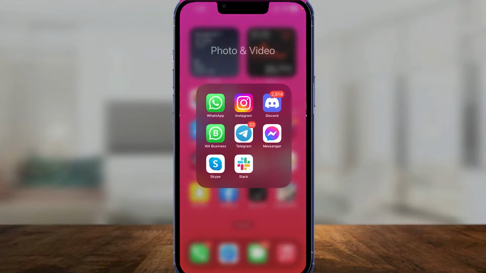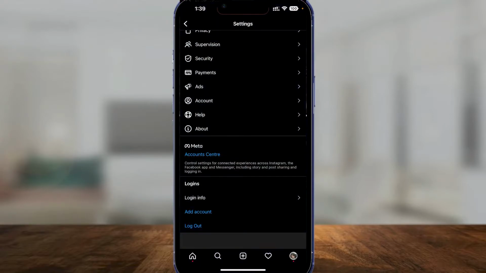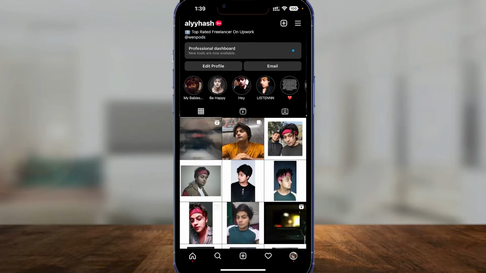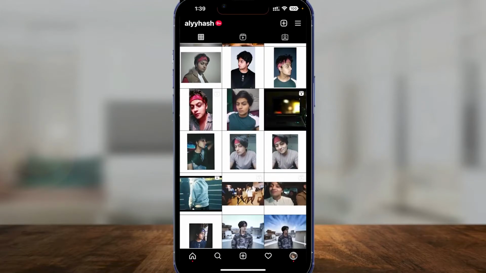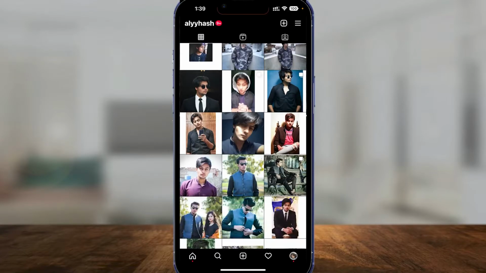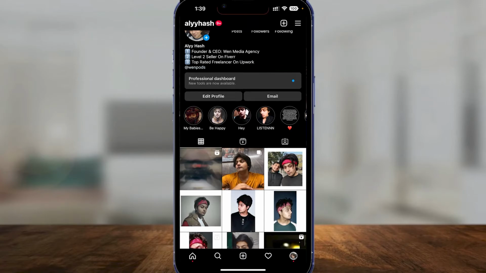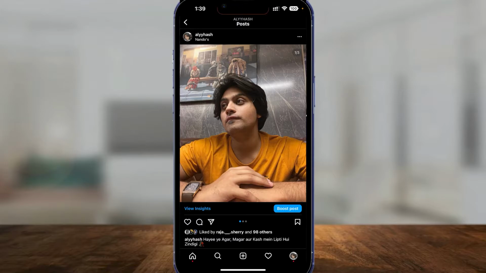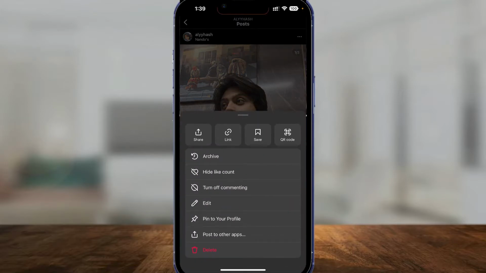Simply open up Instagram on your phone, and then once you have Instagram opened up, come over to your main profile. From over here, choose any picture or any image that you guys might want to promote. Simply open up that image and then simply click on the top right on these three dots, and then from